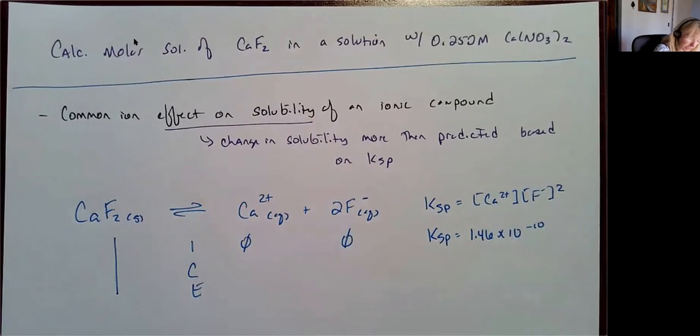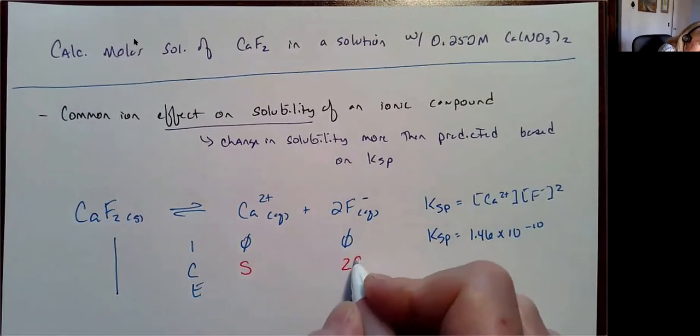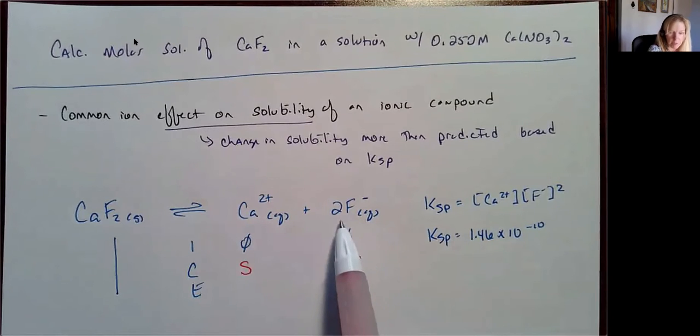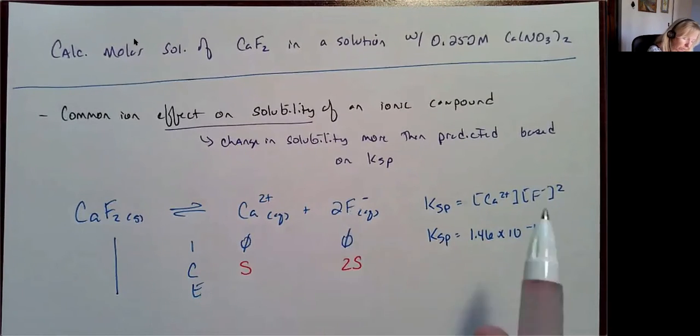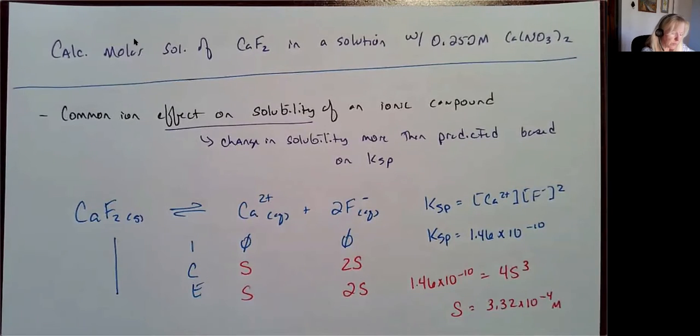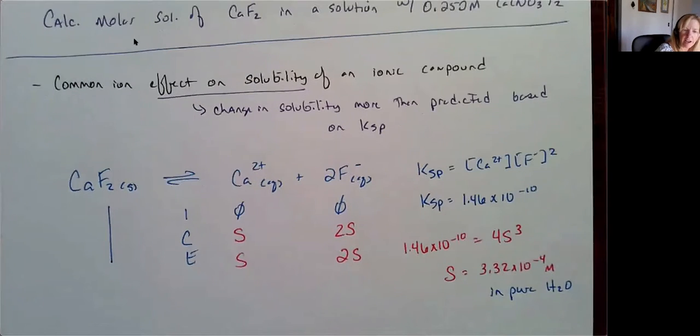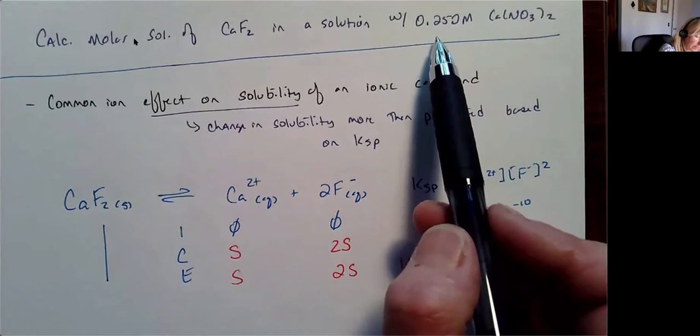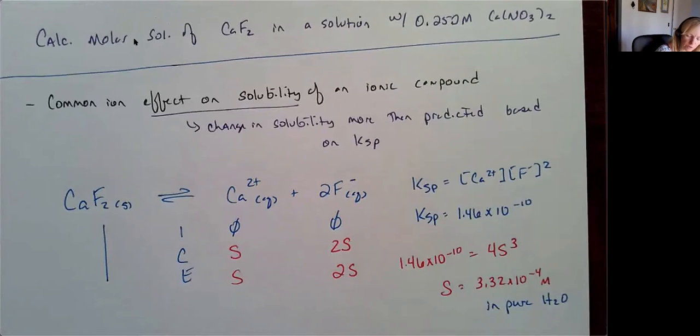My change is going to be that S. So I'm going to increase by S here. I'm going to increase by 2S here. So for every calcium ion, I'm going to also dissolve 2 fluorine ions. So this would be in pure water. But I don't have pure water. I have a solution that has 0.250 molar of calcium nitrate,